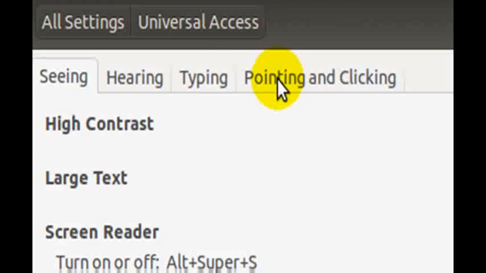Students, let us know more. Using keyboard as mouse, use up, down, left and right keys for mouse pointer movement in the corresponding directions. Use home and end key for diagonally left upward and downward movement respectively. Use page up and page down keys for diagonally right upward and downward movement respectively.